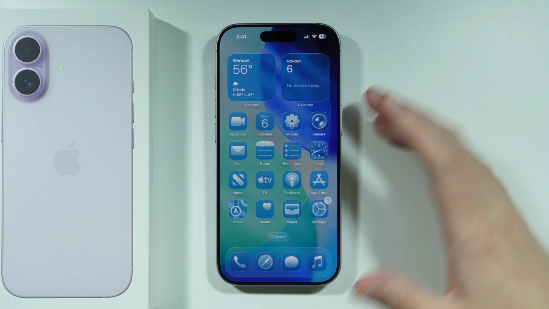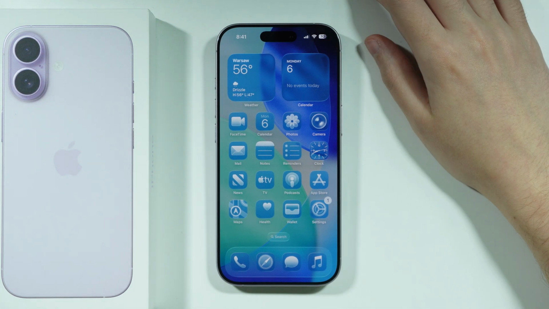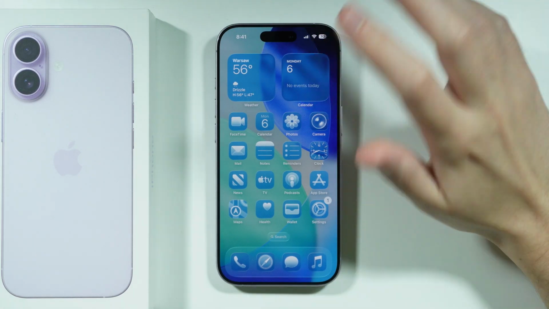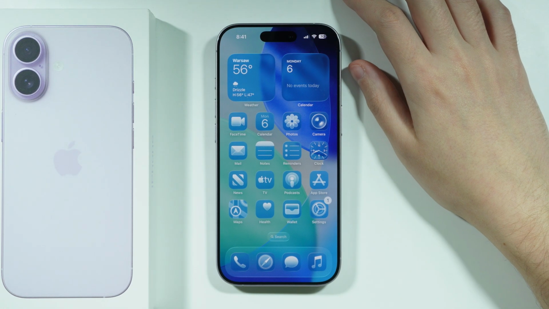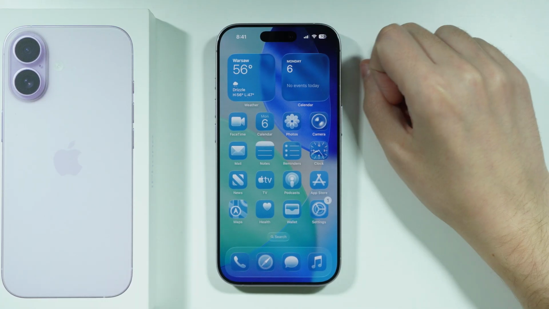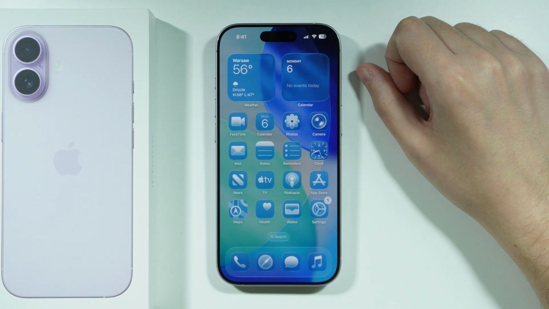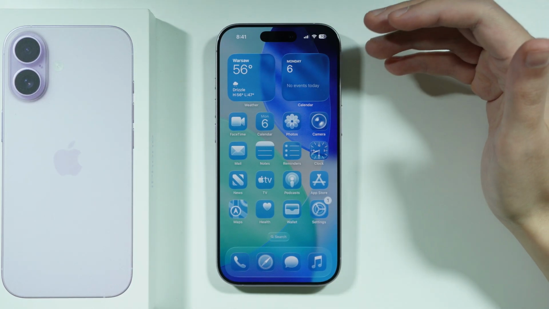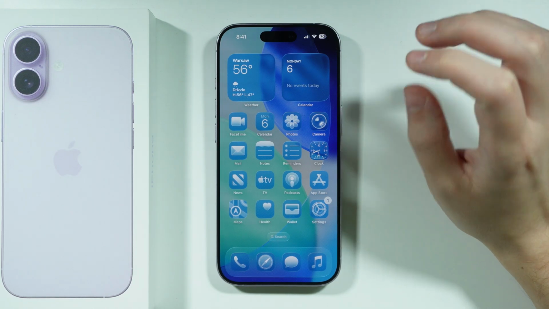If you want to make a video wallpaper or animated wallpaper on iPhone 17, then here's what you can do. Unfortunately, there is no other way of having a video wallpaper other than having a live photo. So if you have a live photo, then you can use it as a video wallpaper on your iPhone 17. But if you want to use something custom, then most likely you will have to convert a video into